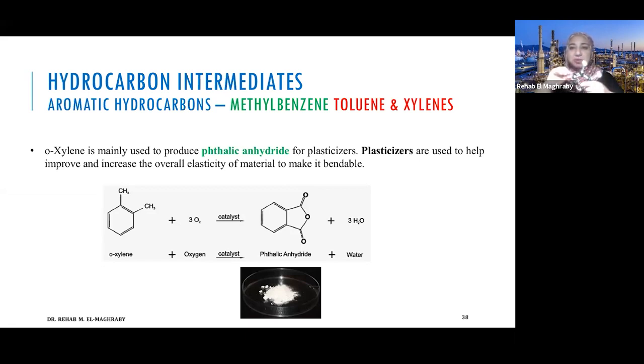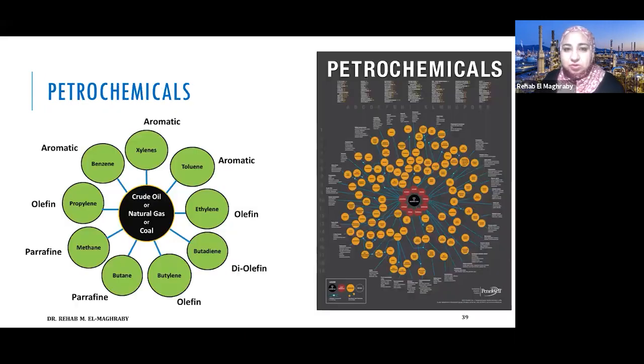Xylene is where we substitute one of these hydrogens with CH3, and then another hydrogen with CH3. The place of this CH3 will define ortho, meta, and para. So the meta is not very useful in the petrochemical industry and is generally converted to paraxylene, which is used in the plastic bottle. Also, xylene can be used as a plasticizer, but it is not as commonly used or of as high demand as paraxylene. Of course, the plastic bottle.